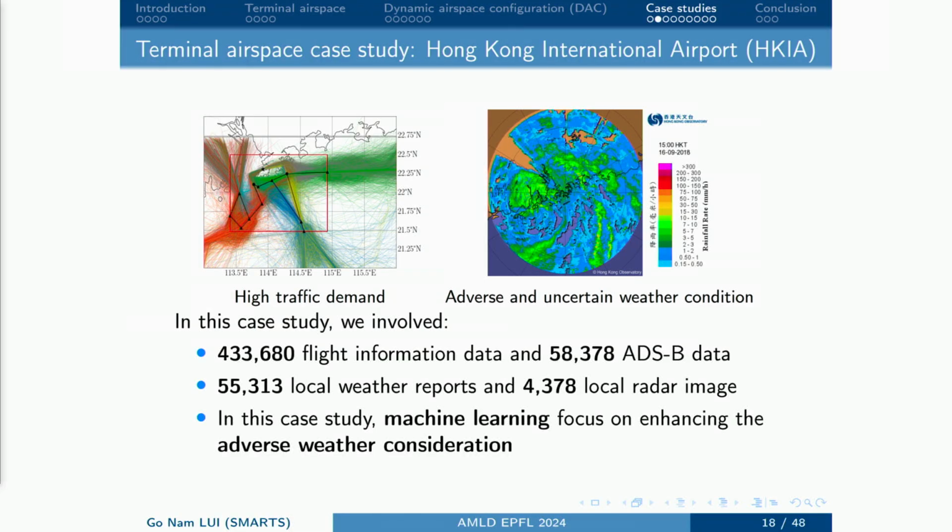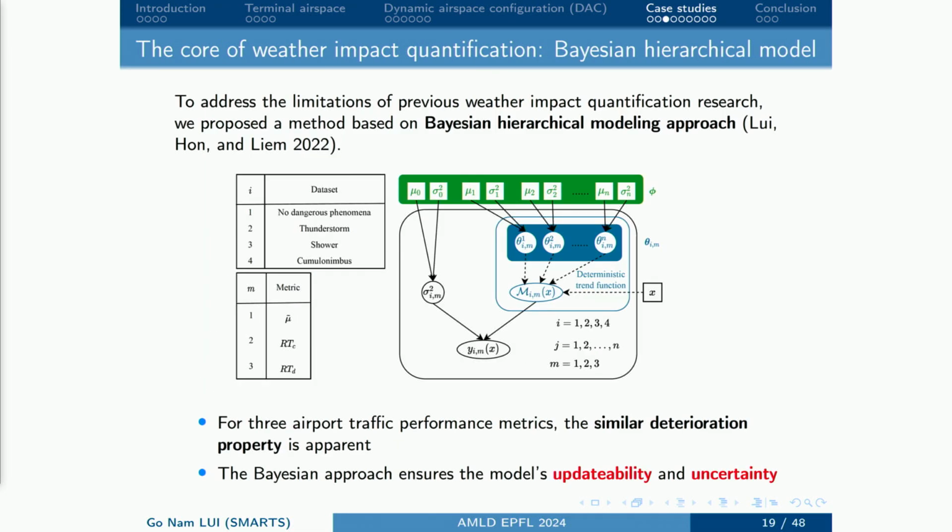The first case study is the Hong Kong International Airport case study. Why did we choose it? Because it has a lot of traffic and the weather is very, very bad. That's why we chose it. In this case study, we involve 433,000 flight information records, 58,000 ADS-B records, 58,000 local weather reports, and 4,000-something local radar images. Basically, I want to show that machine learning can actually help enhance the consideration of adverse weather for the whole operations. So the first piece of work is the weather impact